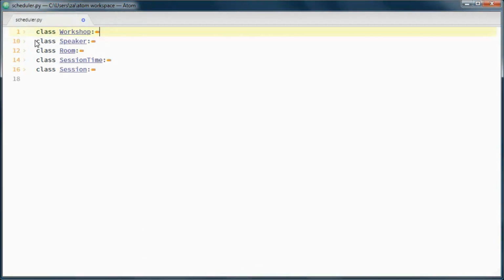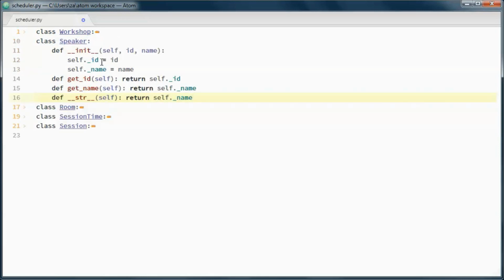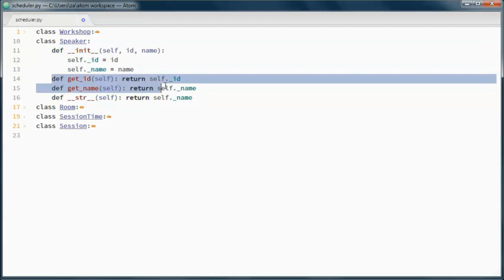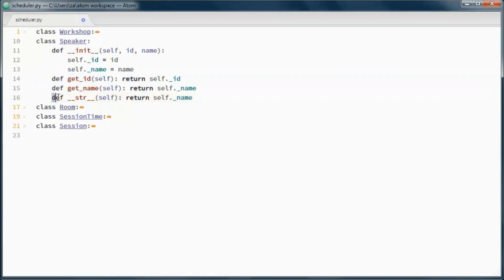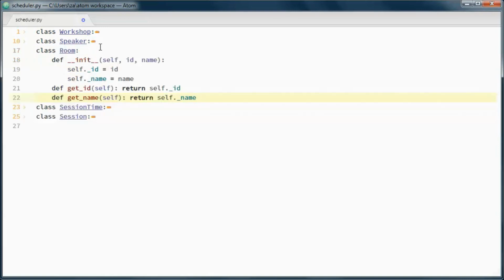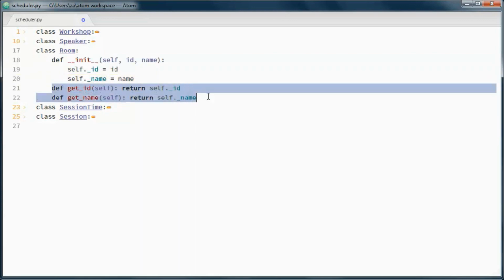And a speaker will have an ID and a name, and those are initialized in the constructor, and get methods for those, and the toString method will return the name of this speaker. And a room will have an ID and a name, and those are initialized in the constructor, and get methods for those.